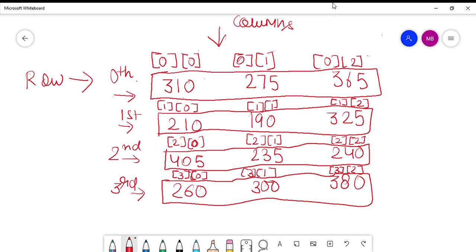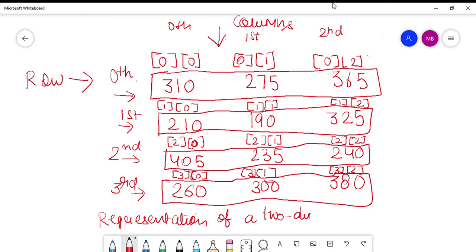So this is the 0th column, this is the first column, and this is the second column for all the rows. So this is how the elements are represented in a two-dimensional array. In a way I can say that this is the representation of a two-dimensional array.